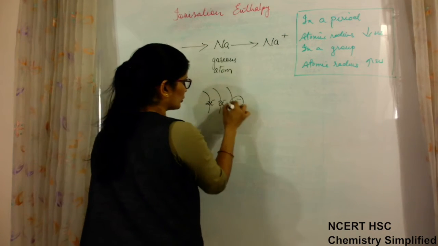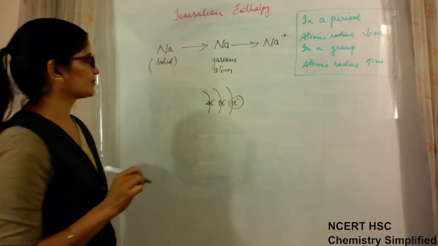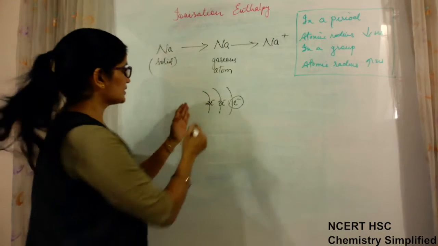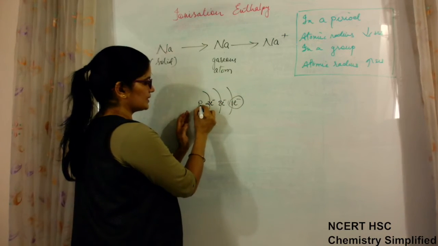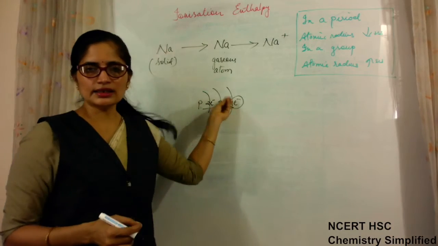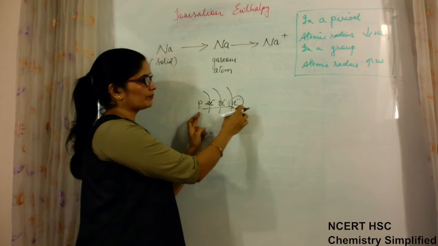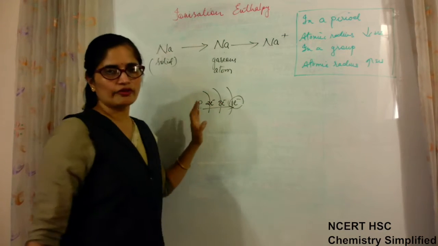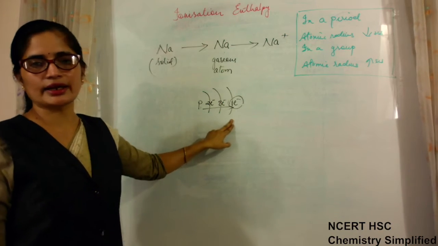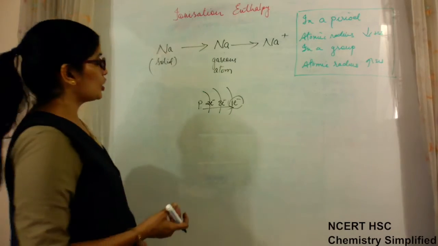So this is the overall theory behind it. So this electron has to be lost. When this electron has to be lost, there is attraction between the protons which are present inside and the electrons which are outside. So all of a sudden an electron cannot be lost because it is already attracted by the proton. So to pull out this electron from this shell, some energy is needed. Without energy it cannot be lost. Without spending some energy it cannot be lost.